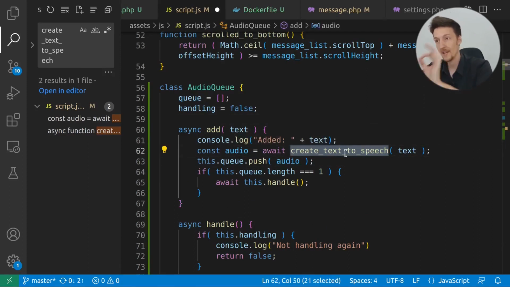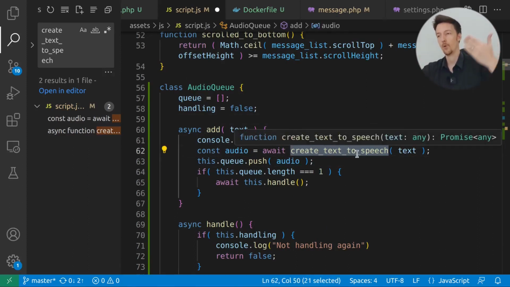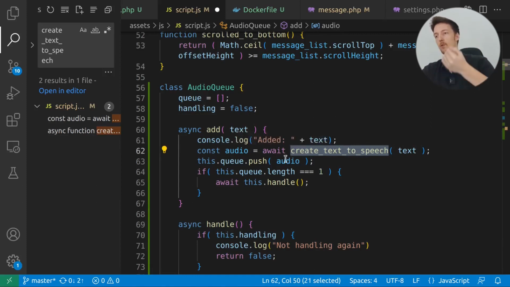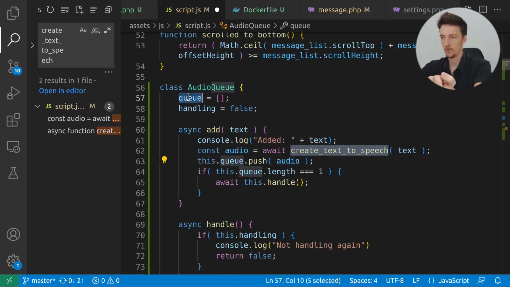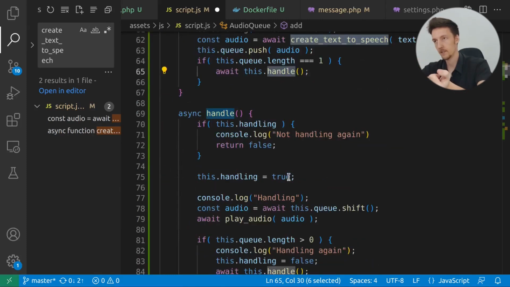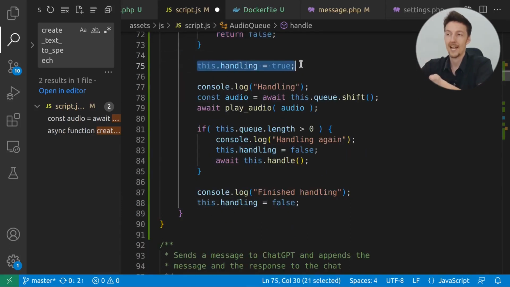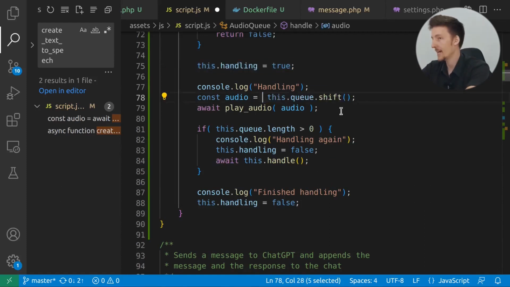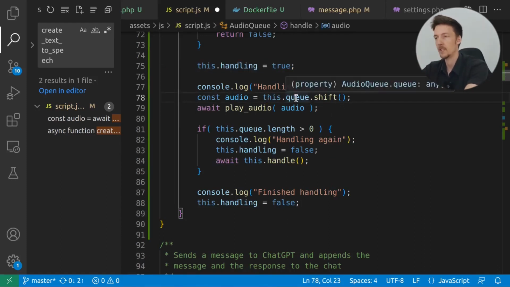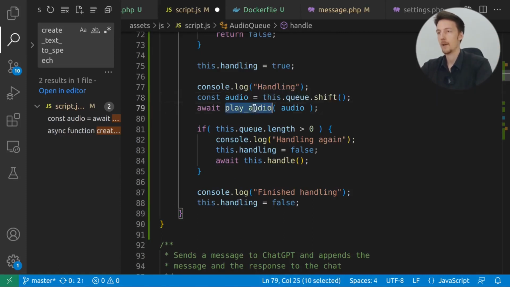So we will actually create the audio and we will wait for it to load. And then that loaded audio will be pushed into the queue. And if we only have one in the queue, then we're going to handle it. And the handle checks, if we're already handling, then we don't handle anymore. And then we set the handling to true. And then we don't await anymore, because in the queue we already have the audio, which then I believe we